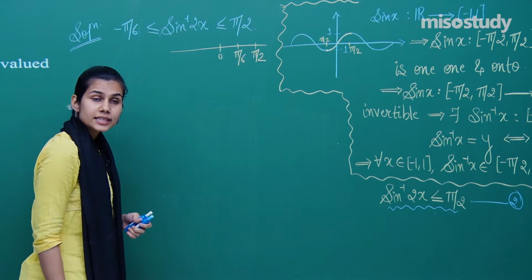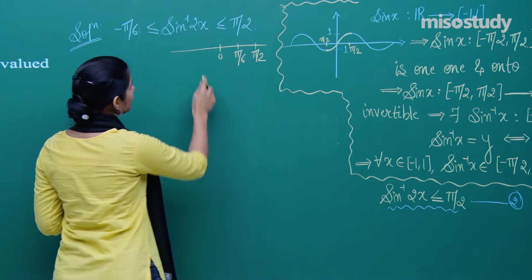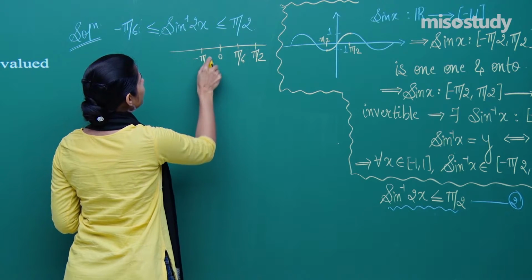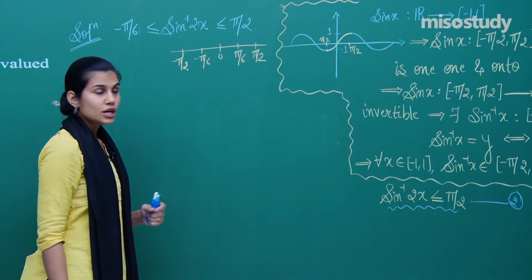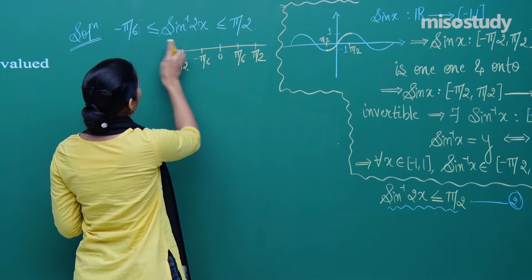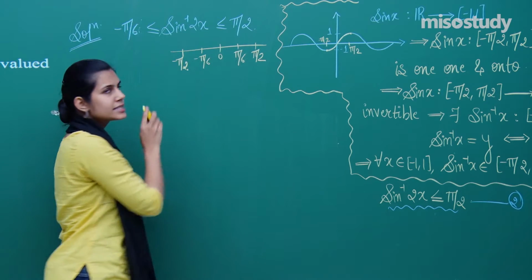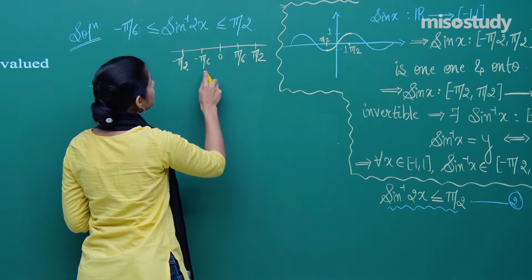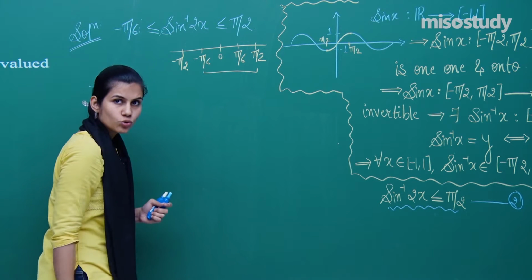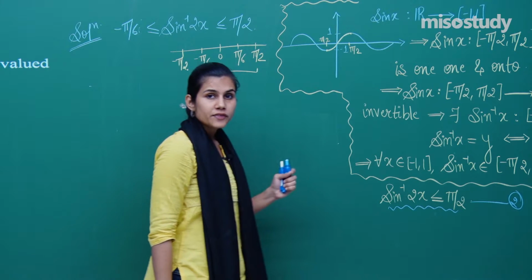Pi by 6 is 30, pi by 2 is 90. Similarly, here this is my minus pi by 6 and this is my minus pi by 2. So, because right now I am only concerned with sine inverse of something being between minus pi by 6 to pi by 2, the definition of inverse says